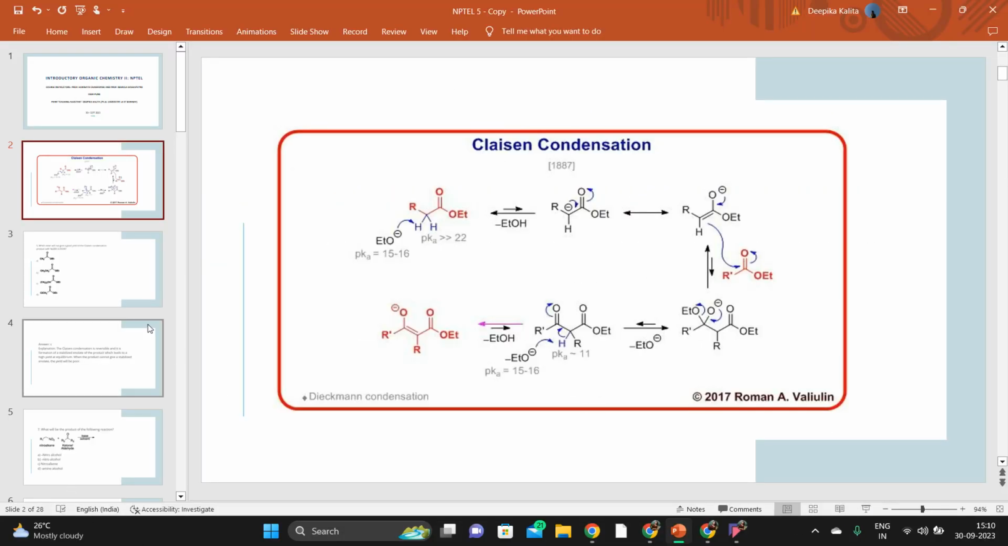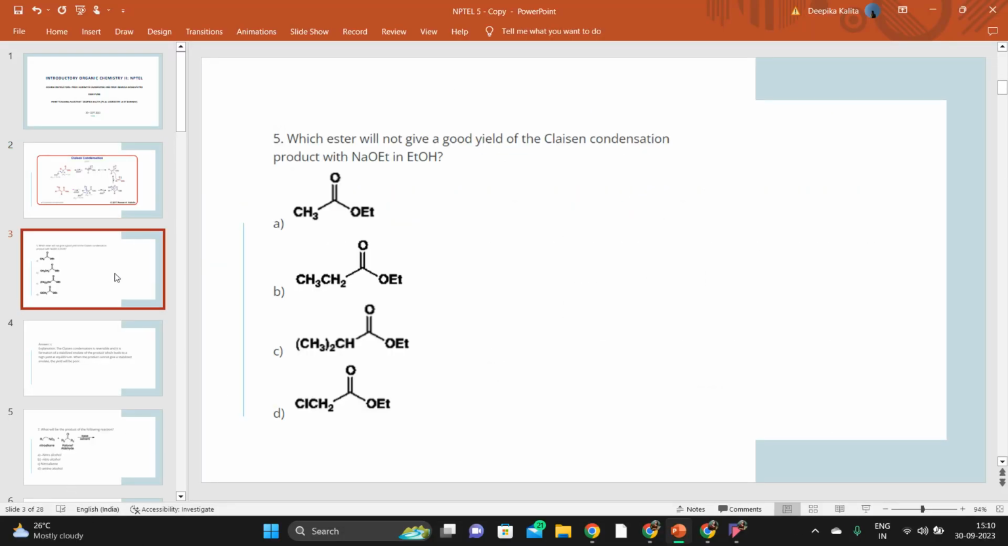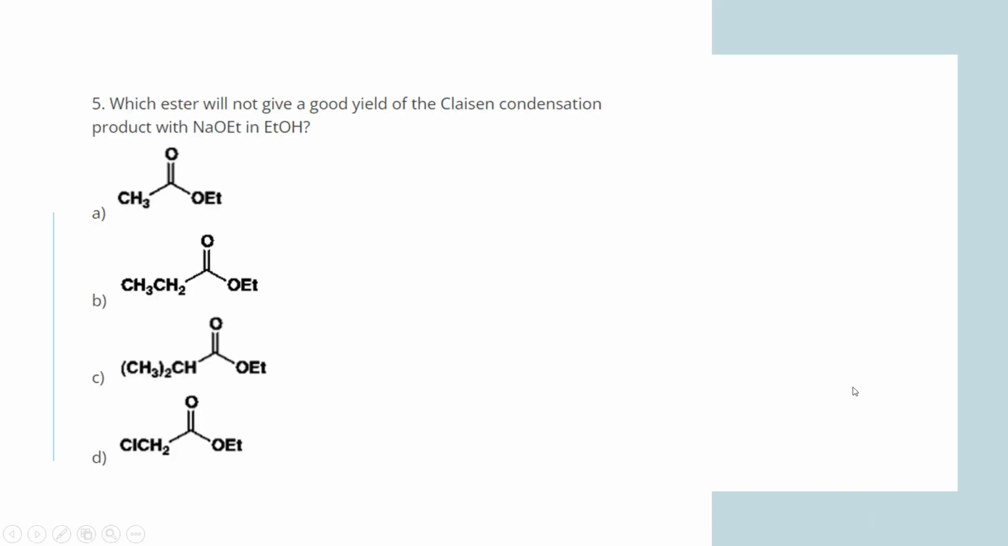So, first question for today's tutorial: which ester will not give a good yield of the Claisen condensation product with sodium ethoxide in ethanol? You are given five esters here and you are asked which one of these will not give you a good yield. So before moving to the answer,